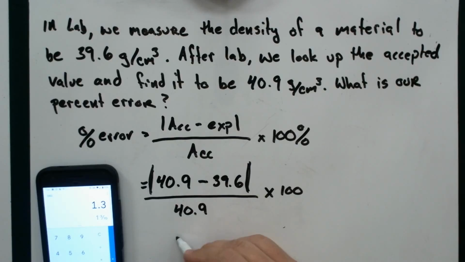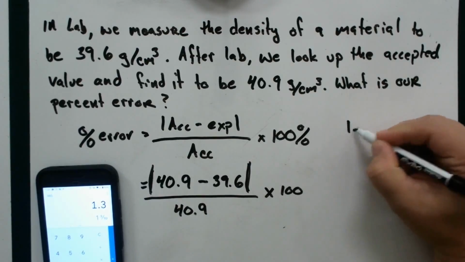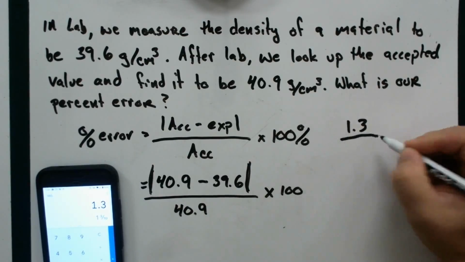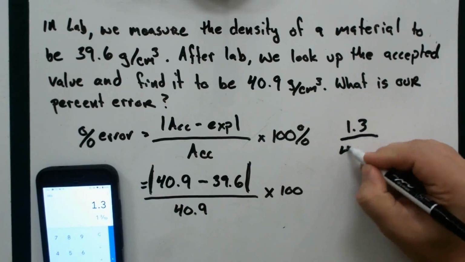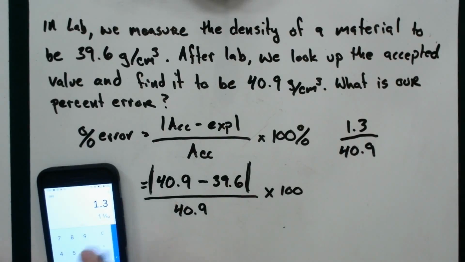The absolute value of 1.3 is 1.3. So I have 1.3 divided by my accepted value of 40.9. So I take my 1.3 and divide that by 40.9, and I get